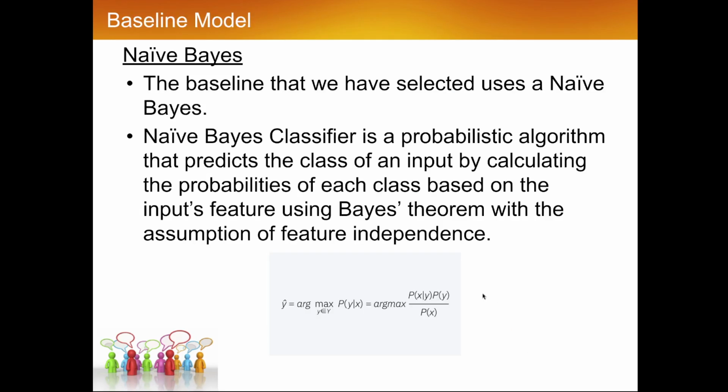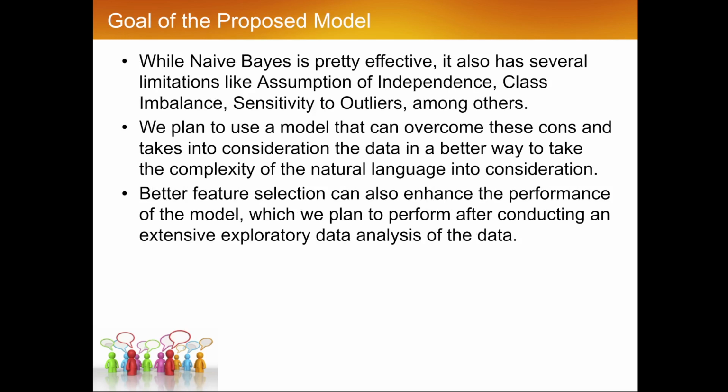In our baseline model, we use the naive Bayes model. This is a very excellent classifier, and for this classifier, we use the one versus rest approach. The classifier was performing pretty well, except in certain cases. It is very sensitive to outliers, it has an assumption of independence, and there is a lot of class imbalance, and naive Bayes did not perform well when these factors came into play. So what we did was we